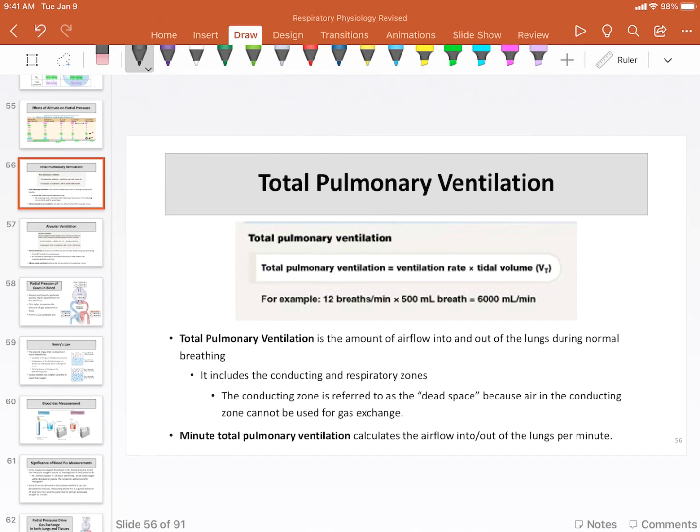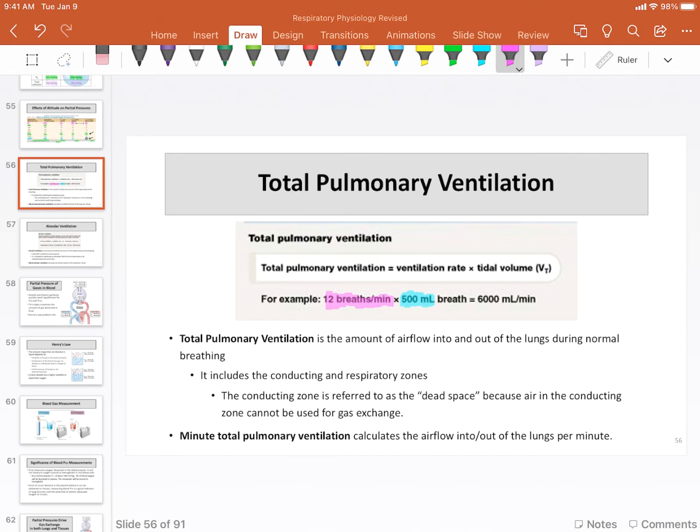ventilation then can be calculated per minute by taking the tidal volume. Let me show you that really quickly. So our tidal volume, shown here, of 500 milliliters. So one inhalation, one inspiration, one expiration of 500 milliliters is our tidal volume. If we take that and multiply it by the number of breaths per minute, which for a healthy individual can be anywhere between 12 and 20 breaths per minute, multiply those two values, and what we end up getting